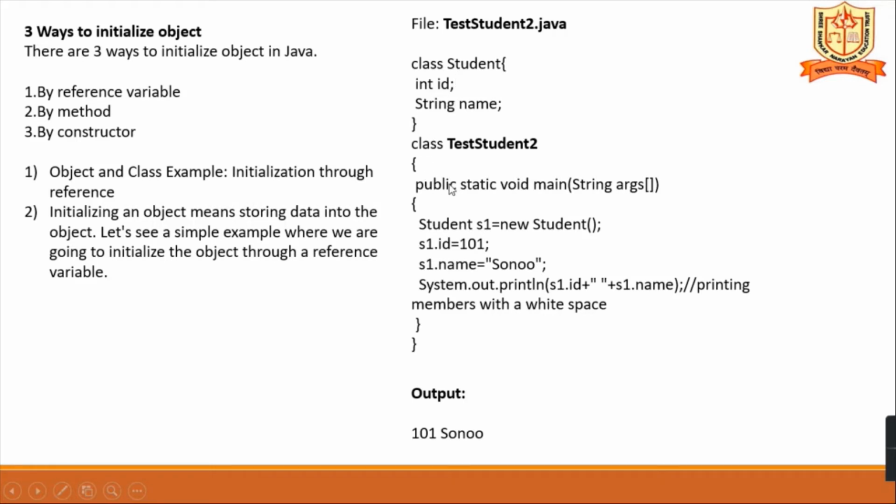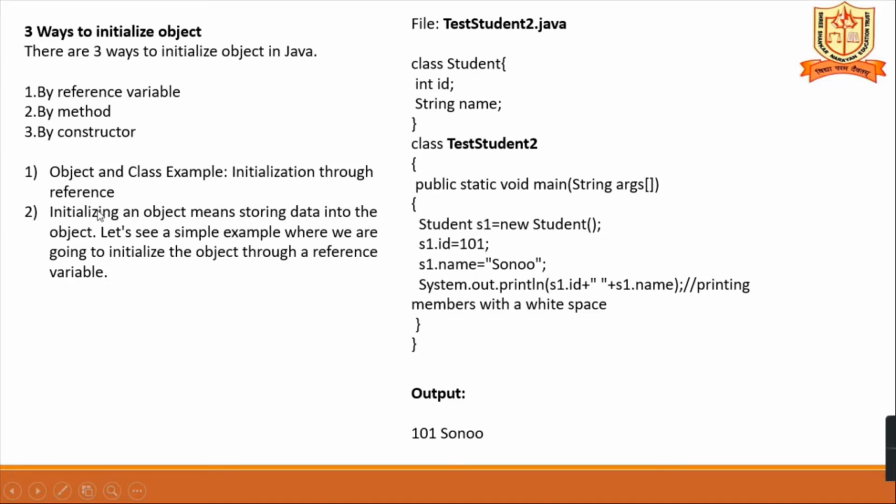The second class, which has the main method, is TestStudent2. Here we are creating the object of the first class: class name, object name, equals new Student. That will create the object of the first class.